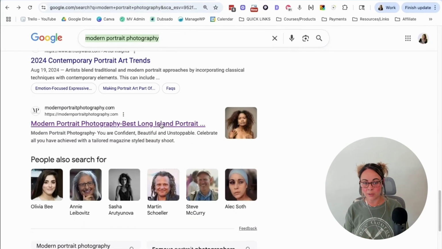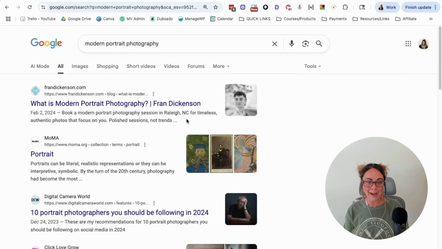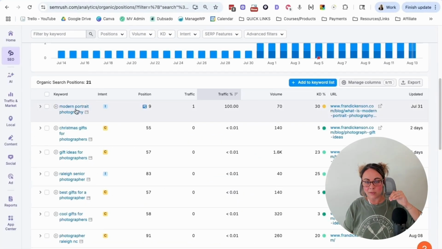There is another portrait photographer from Long Island. And then if we go to page 2, we are actually going to find my client's blog post. I will say that she is the only one that is ranking in the top whatever numbers for what is modern portrait photography. So that's definitely something to lean into, because we could essentially start climbing the ranks in either this specific keyword